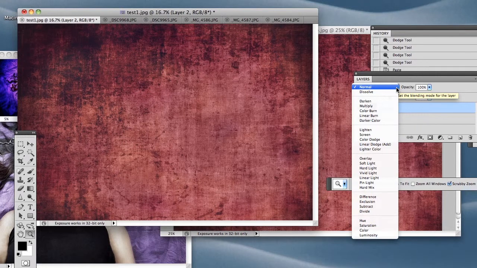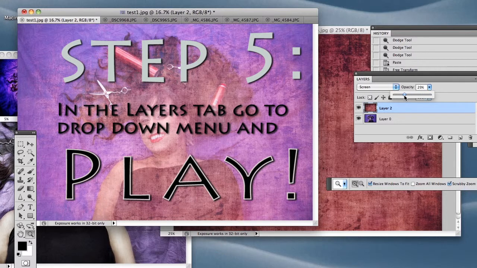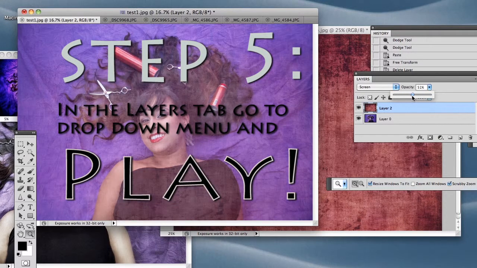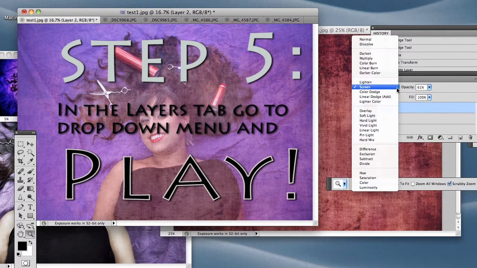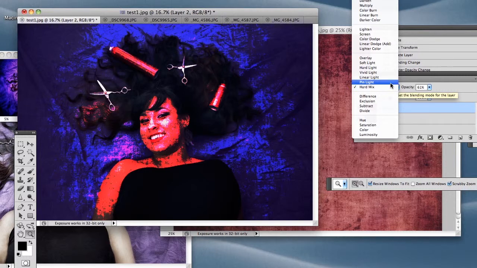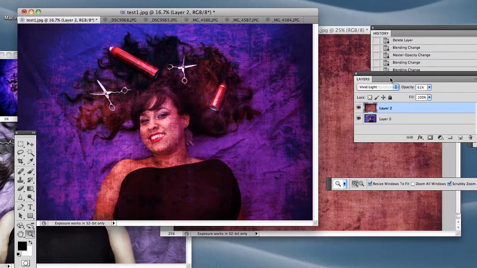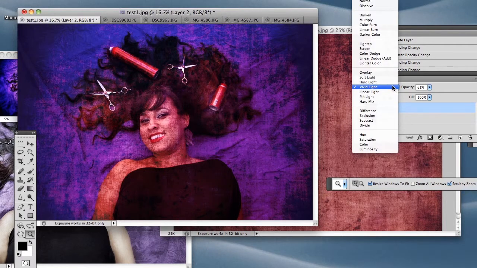I'm going to go to Screen, and then I'm going to adjust how much I want the layer to take effect. So it's looking pretty cloudy. I'm not sure if I like that, so I would experiment with some of the choices in that drop-down menu to see what I'm looking for. Now that looks too much like a poster. That doesn't look too bad. That actually might be okay, but I think I'm going to go back to the soft light and pump up